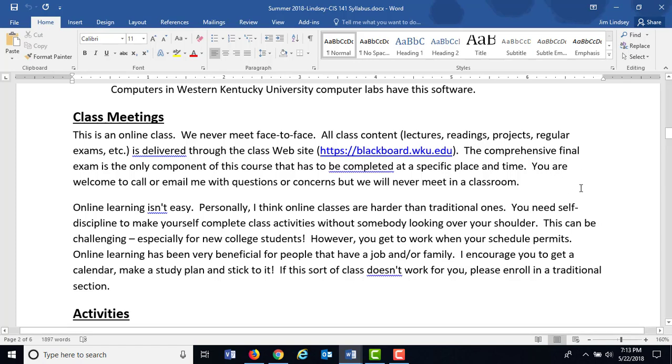It's a great format if you're a working person with a family. Most of you at WKU, just about every student I have has a job, and I know summertime is the time to basically build up as much money in your bank account as you can. So I get that, but